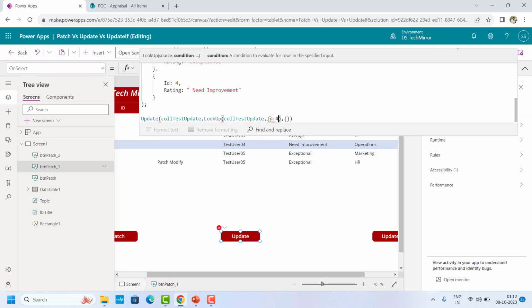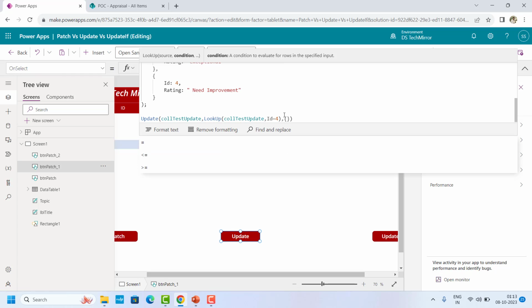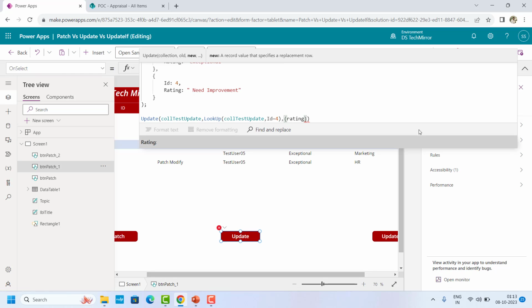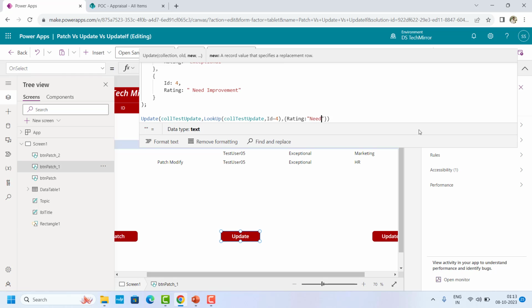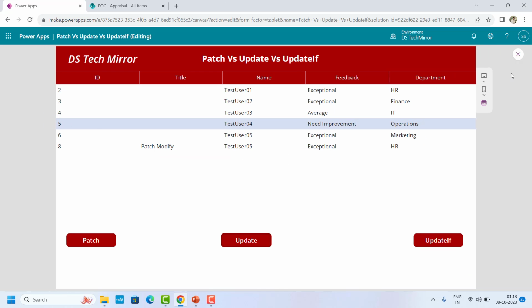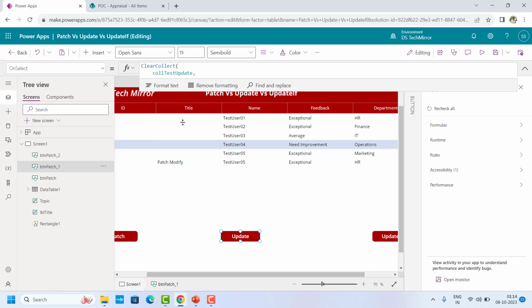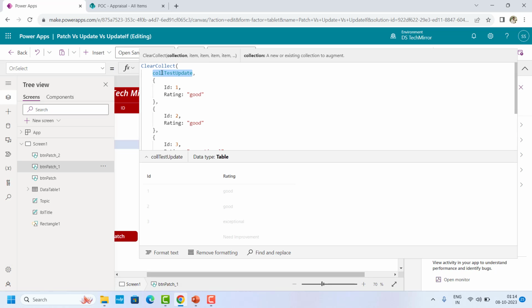Okay, what is this error? Okay, yes, I have to provide this ID is equal to 4. And here, what I'll do for now, I'll just go with the rating. Rating need improvement. Now this is done. Now let's see. Go to our collection. I'll select this collection. I'll say test update. And here you could see